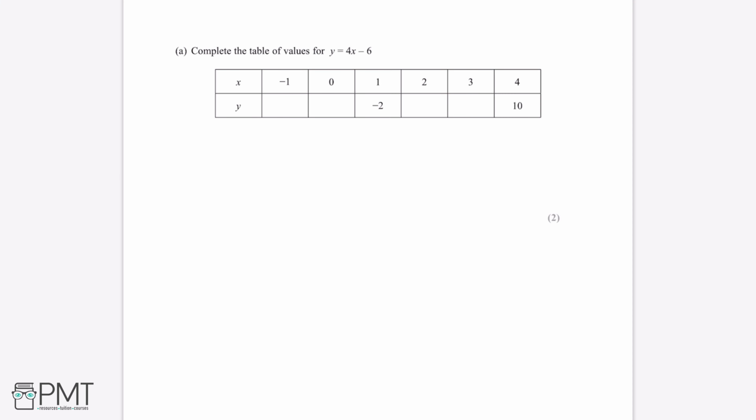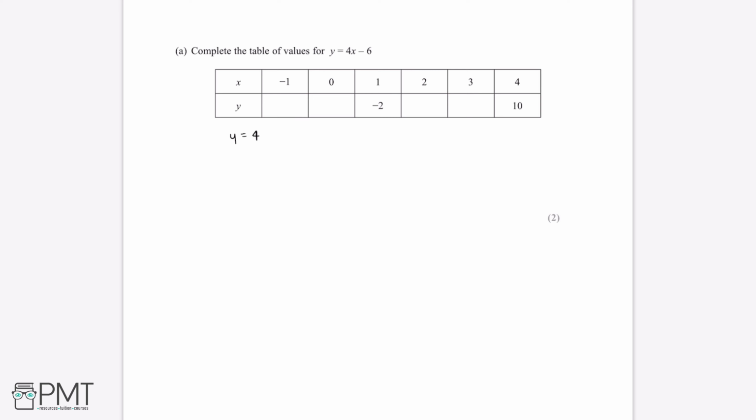Complete the tables of the values for y equals 4x minus 6. So when completing tables like this with an equation, what we're going to want to do is substitute in the value for x into the equation for y, and if we simplify it down it will give us a value for y. So if we start off with x equals negative 1,